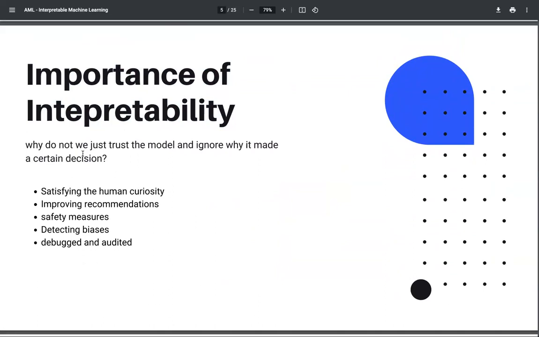But for the majority of the models that you will be building in deployment, let's say at a bank, and you are building the model that decides the fate of whether a person gets a loan from your bank or not, right? This model, of course, its job is to make sure that the bank does not lose any money. But at the same time, if your model is biased towards a certain category of people, let's say it is biased towards women, or it is biased towards Black people, then that's going to be very harmful for your bank